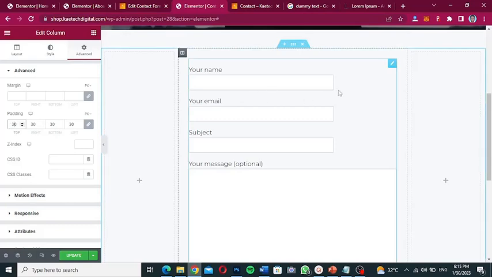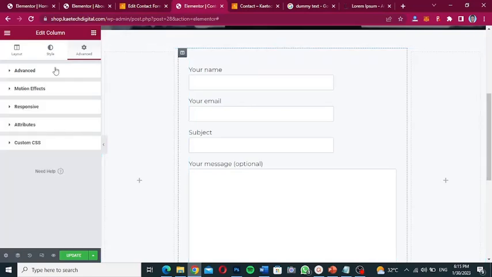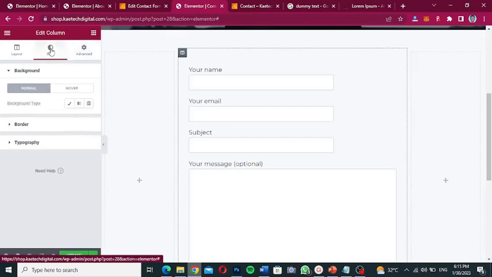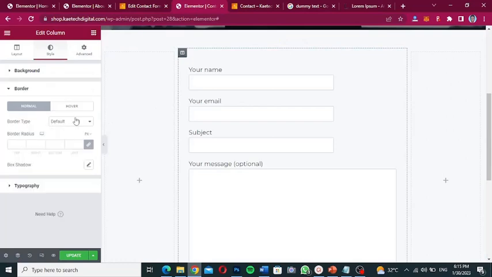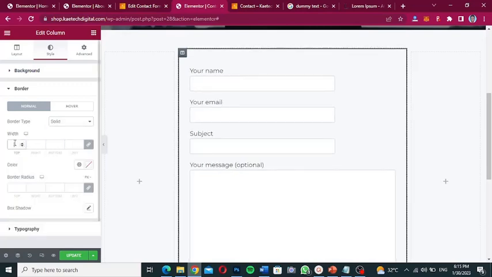And now I can also go ahead, scroll, or go to style over here, and then even give it a border radius. If I want to give it a border and then a border radius, I can still give it. Or if I want to give it even a background, I can still give it. So let's say I want to give it a border of solid, and then the width should be, let's say, 2. And then the color should be